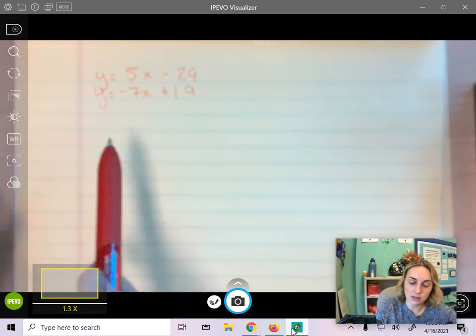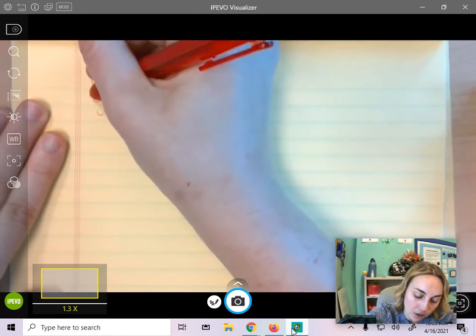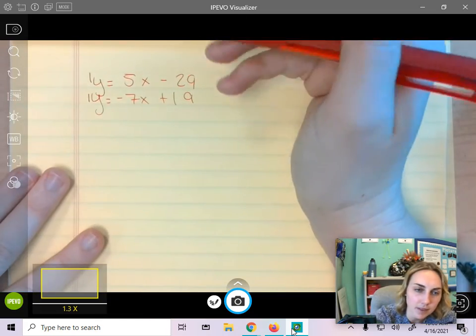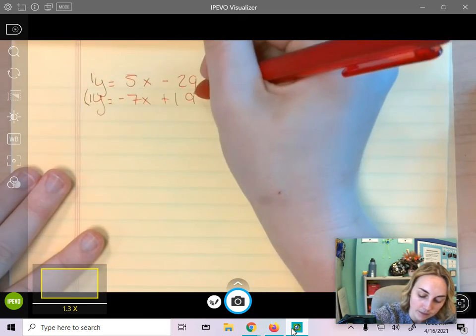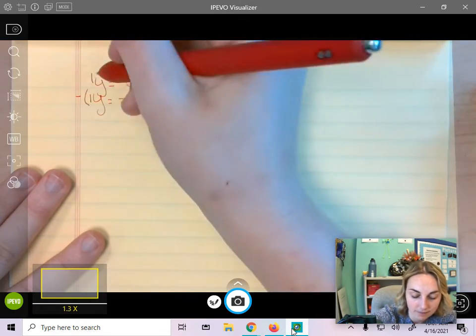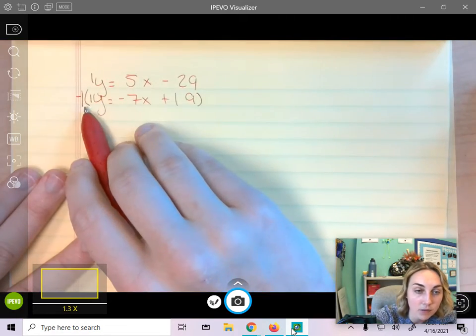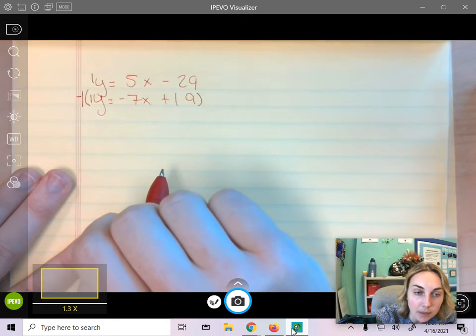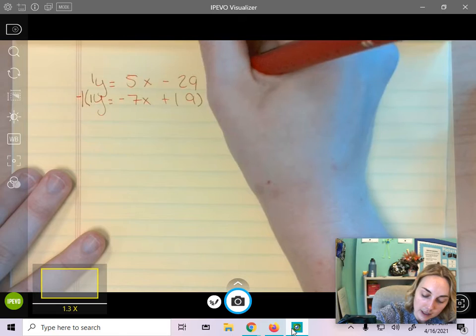My y values both have 1s in front of them, so that means they have the same coefficient, therefore I'm going to get rid of that one. So what I'm going to do is I'm going to subtract the top by the bottom. And to do that, I'm going to multiply -1 by everything on the bottom to rewrite my problem to make it easier for me. So I'm going to bring this over,